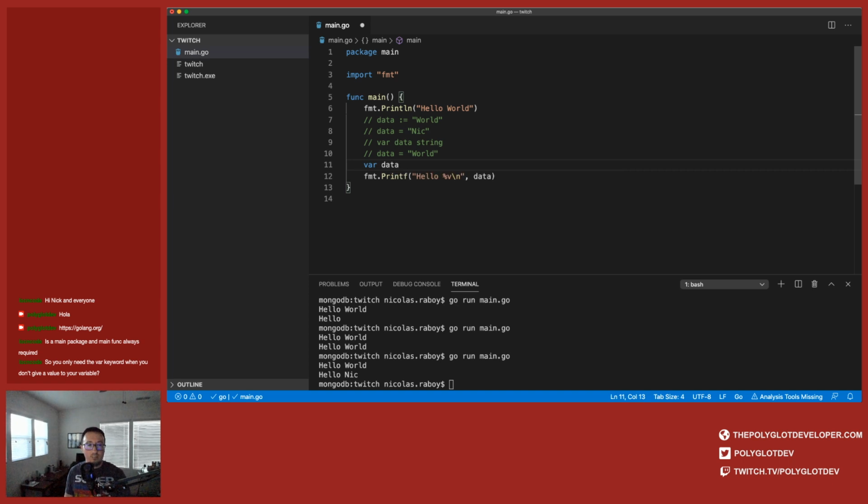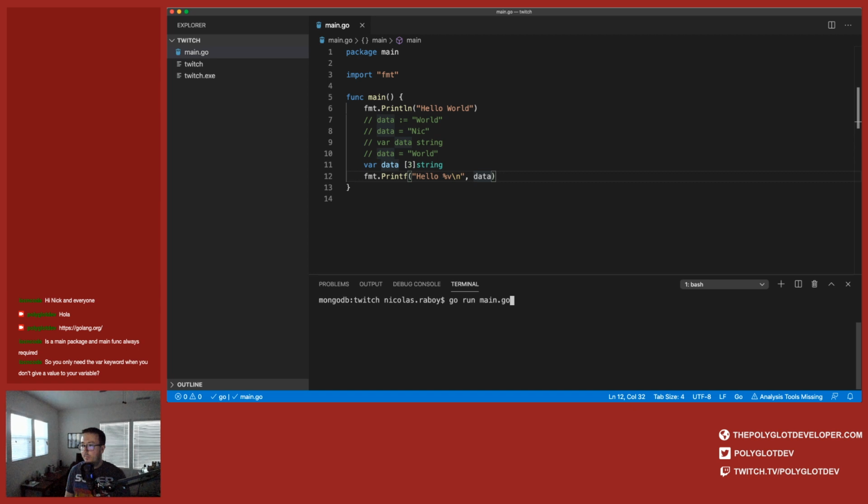So let's say data. This is going to be an array, and this is going to be an array of string. So I save it. It's still being used. Let's see what happens. So it printed out just an empty array.